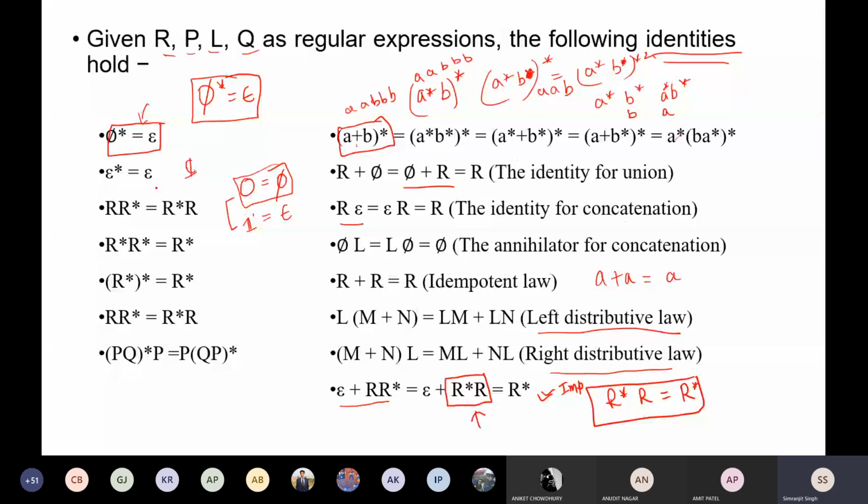So R star R can also be written as R R star; it is also possible. Only the placement is changed. R star R star can also be written as a single R star. The meaning of this: if I say a star followed by a star, it only means any number of a's followed by any number of a's. So I can also write it as any number of a's. There is no meaning in writing this star expression differently.